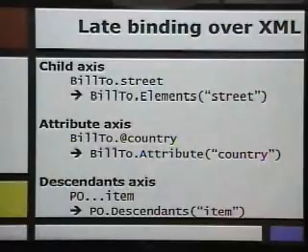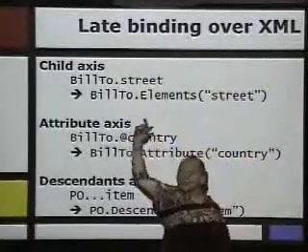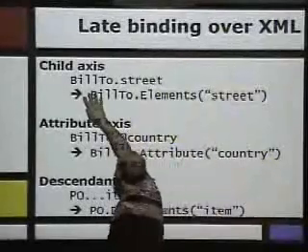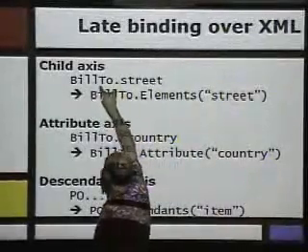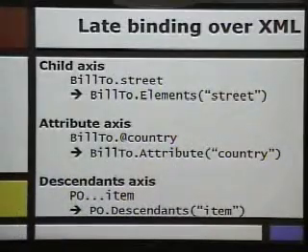I was at Uppsala talking with the Java guys. So the Java guys are also thinking about adding XML to Java. And they told me, oh, we like this VB approach, and we like this late binding. And they are going the other way around. They say, oh, now we generalize late binding over XML to late binding over object. So they were thinking of doing this.